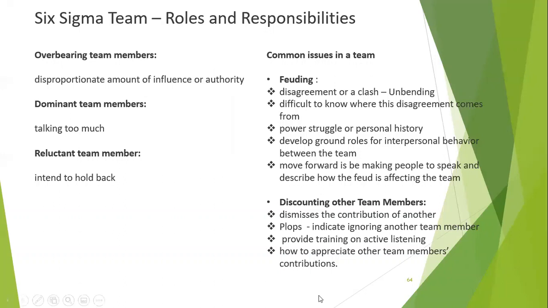And the second thing is, for example, one person is not allowing others to talk. He wants to dominate. You have to take that guy out and give him training and say that this is the way to appreciate the other team members. Because it's a team effort, right? It's not an individual player. So whenever other team members are doing a better job, he should know how to appreciate them. That is the main thing.